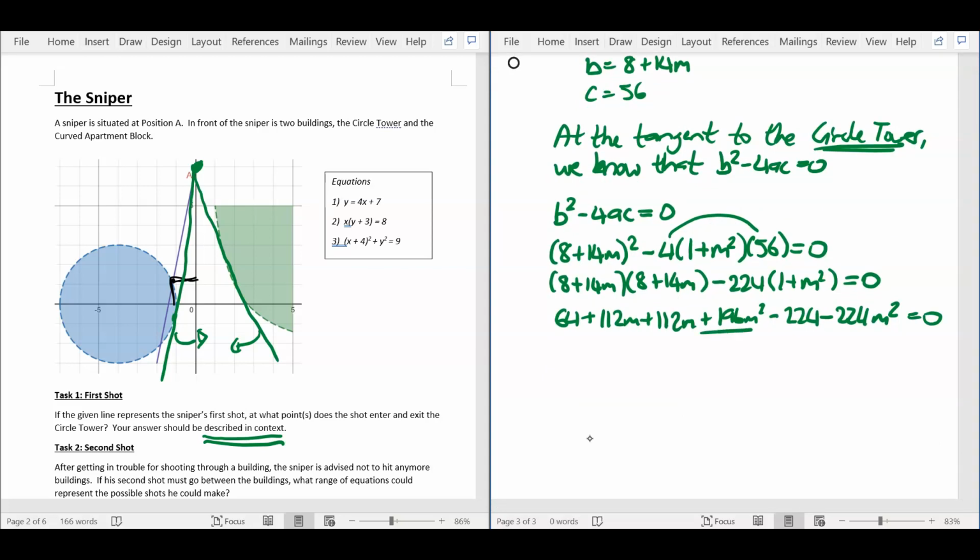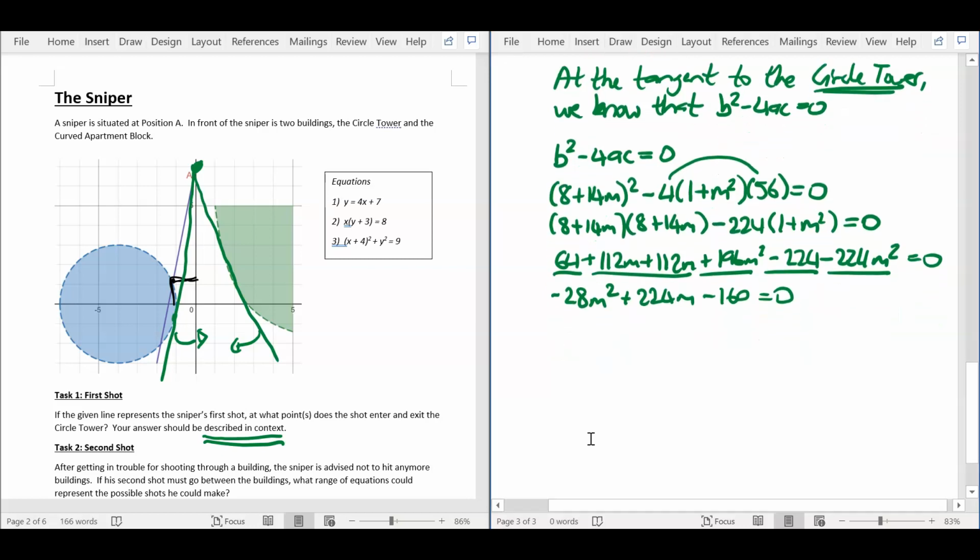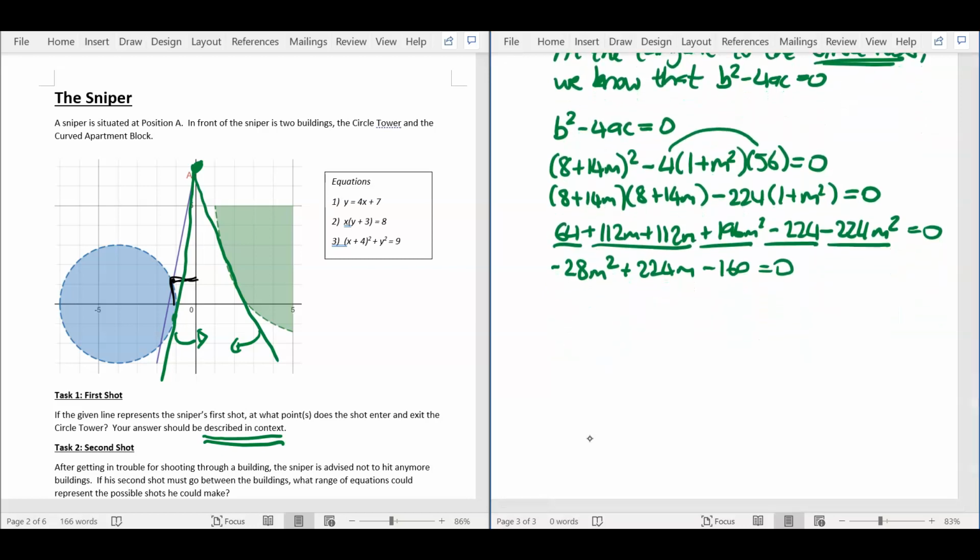So we're going to group together the m squareds first. That's going to be minus 28m squared. We're now going to group together the m's, plus 224m. We're now going to group together the numbers, minus 160. That there is equal to 0. And even though we're already solving a quadratic, we've now got another quadratic within that. So a is going to be equal to negative 28, b will be equal to 224, c will be equal